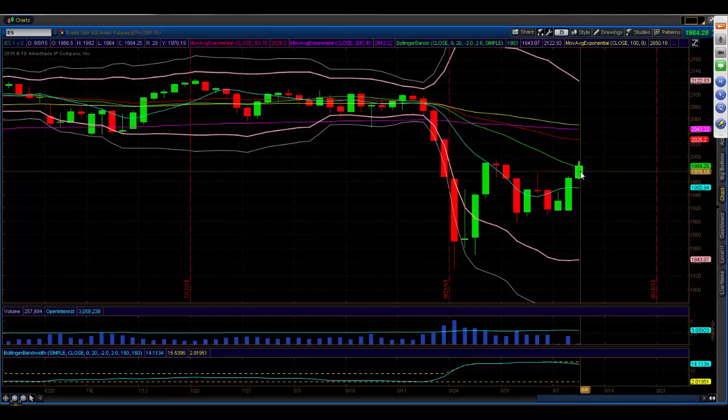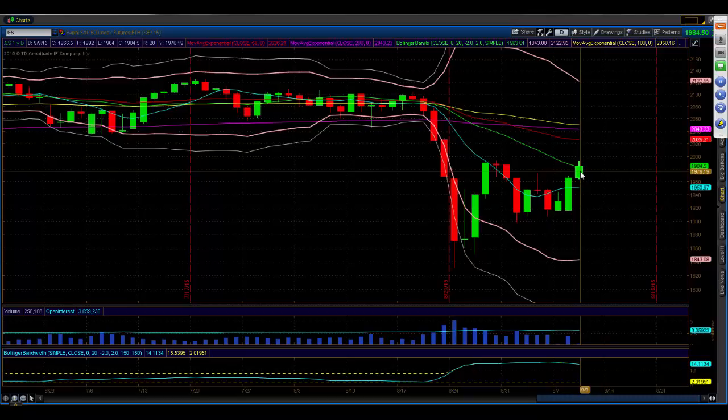I've cautioned my folks against trying to do anything really multi-day, longer term on the short side, simply because this is the week of the roll. We're rolling from the September contract into the December contract. And what we've seen for the last few years is we tend to walk up and they tend to squeeze the shorts up into the roll. So it seems very juicy to short. It seemed juicy to short yesterday. It certainly seemed juicy last night.